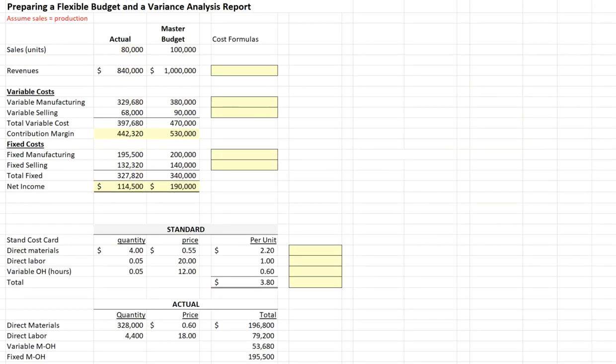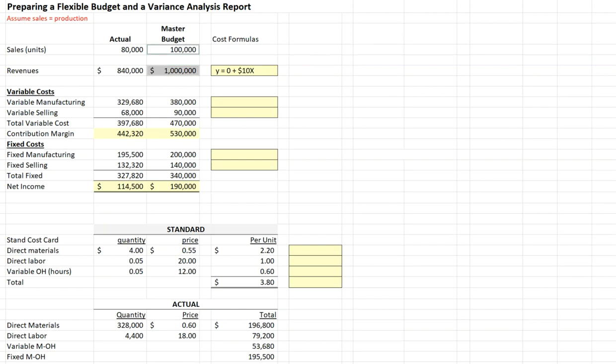Let's begin by writing down and preparing cost formulas for each of the items on our master budget. Our cost formula, or really I guess it's a revenue formula for our revenues, is y equals 0 plus 10x. There's no fixed component, and our variable sales price is $10 per unit. We can get that by taking our budgeted revenues of $1 million and dividing it by our budgeted level of